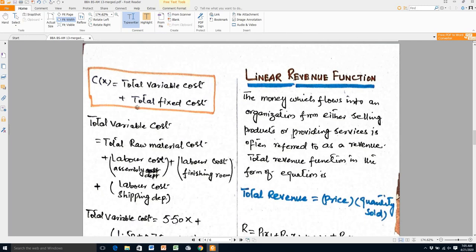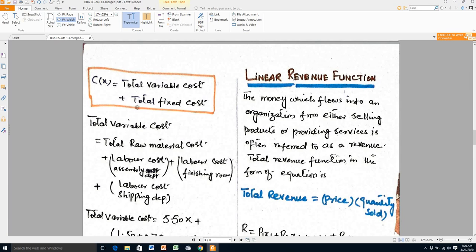You also know that providing services, from the accounting point of view, means the services provided by a doctor, by a lawyer, by an engineer, or by a tutor, and in some other ways. These are called providing services. This is often referred to as revenue.